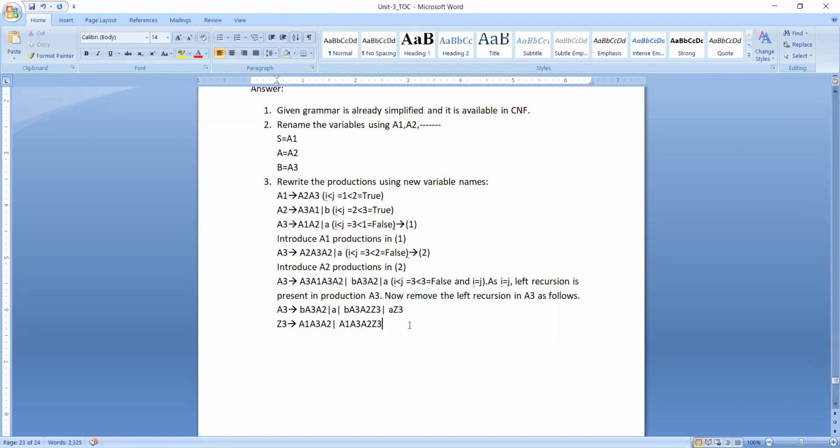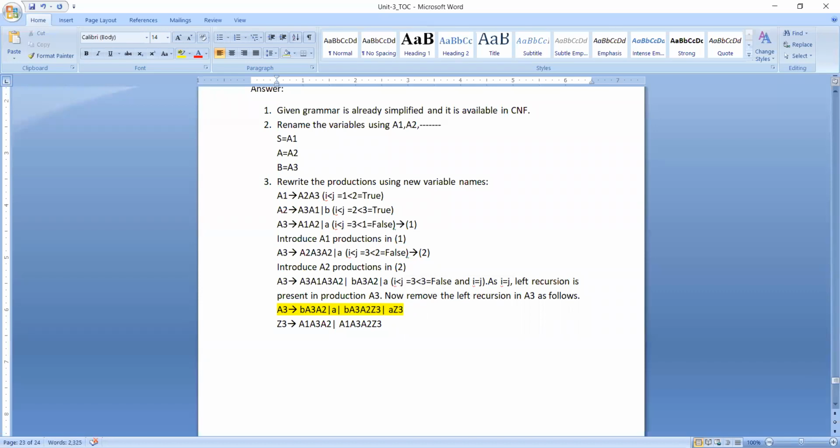Now here if you observe thoroughly, these A3 productions are already available in GNF form. You can see terminal followed by variables, and we have only one terminal, and terminal followed by variables, and terminal followed by variable.